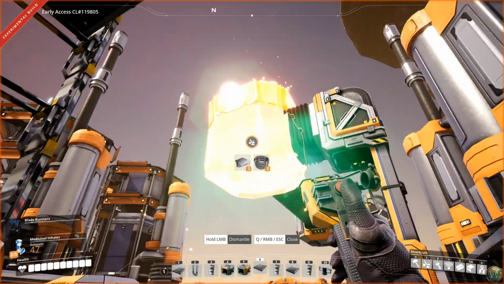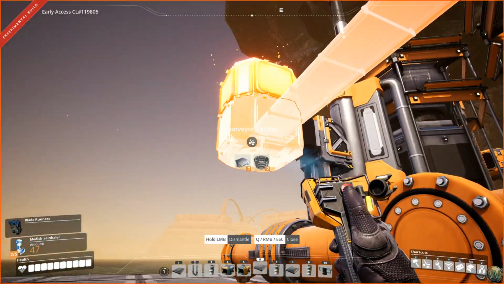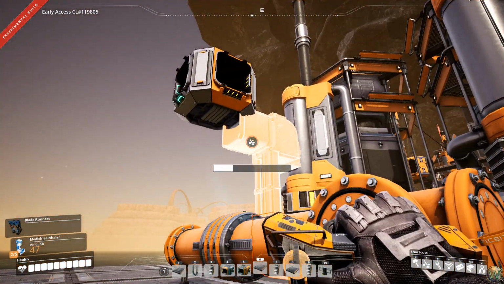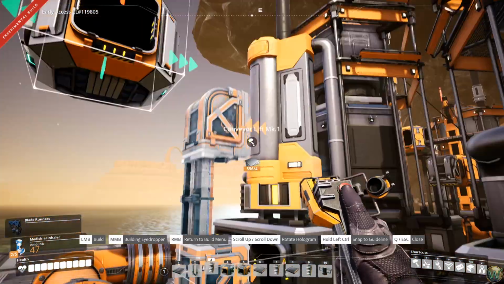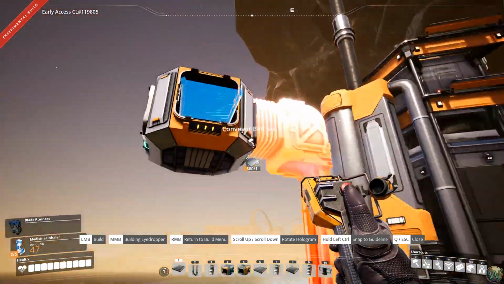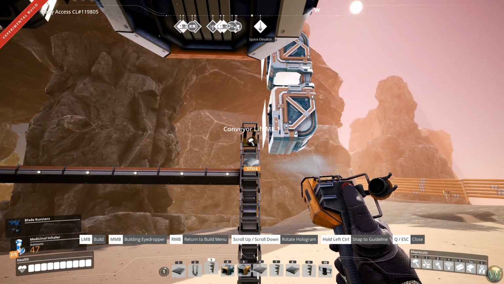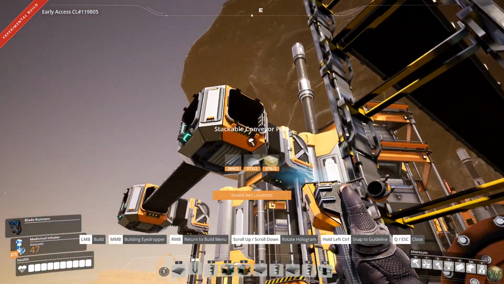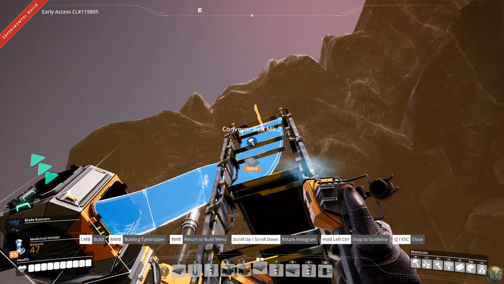That's not the right way. That way. That way. This goes and this goes. And then we have lifts here. And there. And Mark 1 belt. And then we have a stackable here. I think this would be a Mark II belt. Going into...